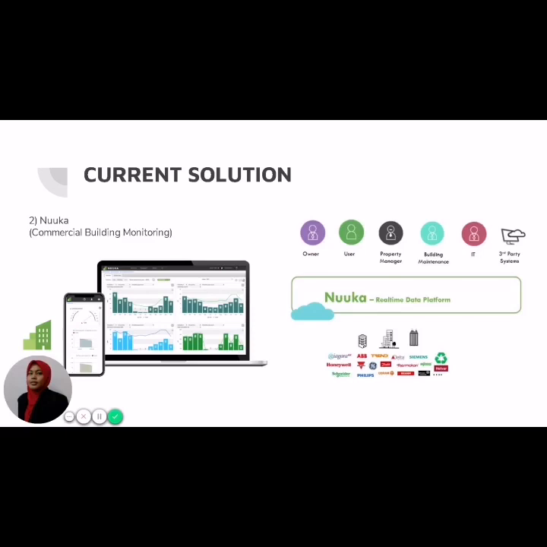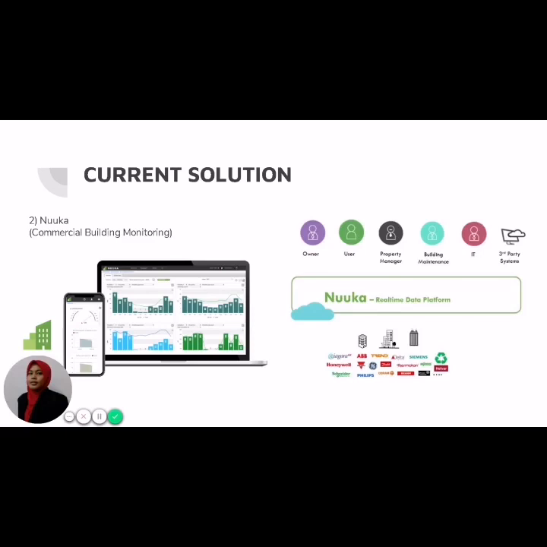So this application will monitor and report the status of environmental parameters as well as make recommendations to lower the environmental impact, reduce costs, and improve indoor climate. Meaning that every time there are significant parameters or a significant action that needs to be taken, Nuka will tell or suggest to the customers to perform this action in order to maintain their energy efficiency while